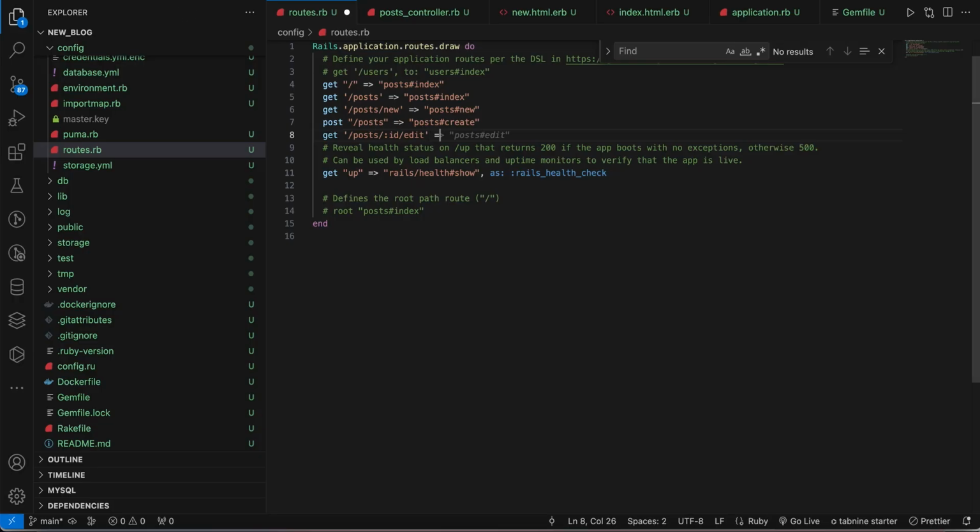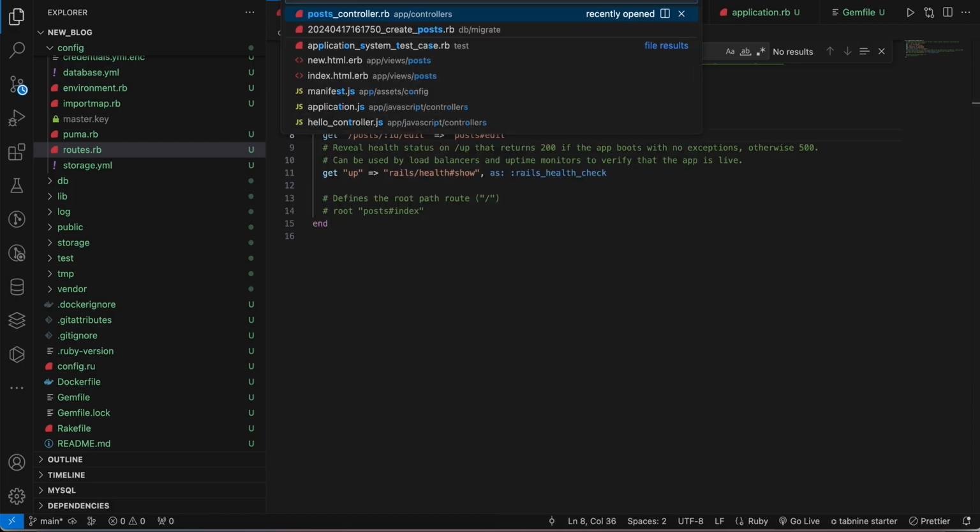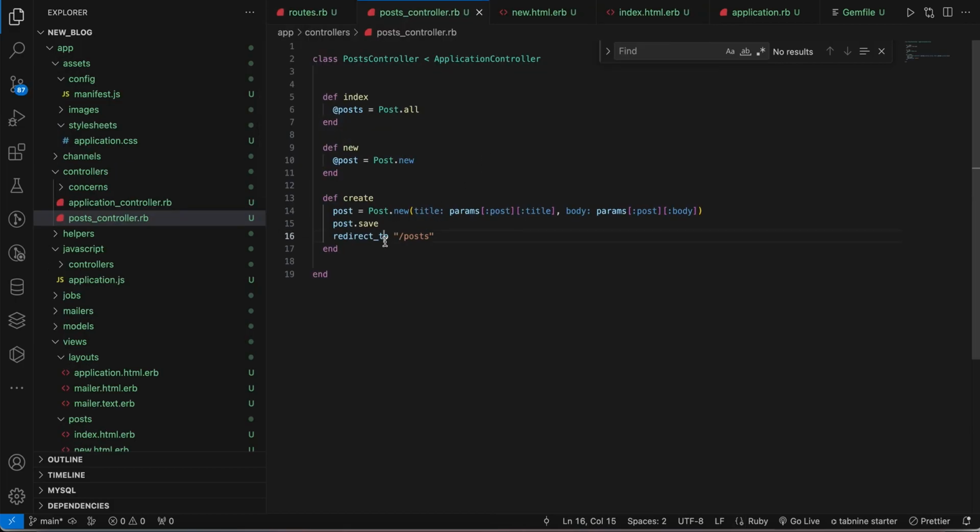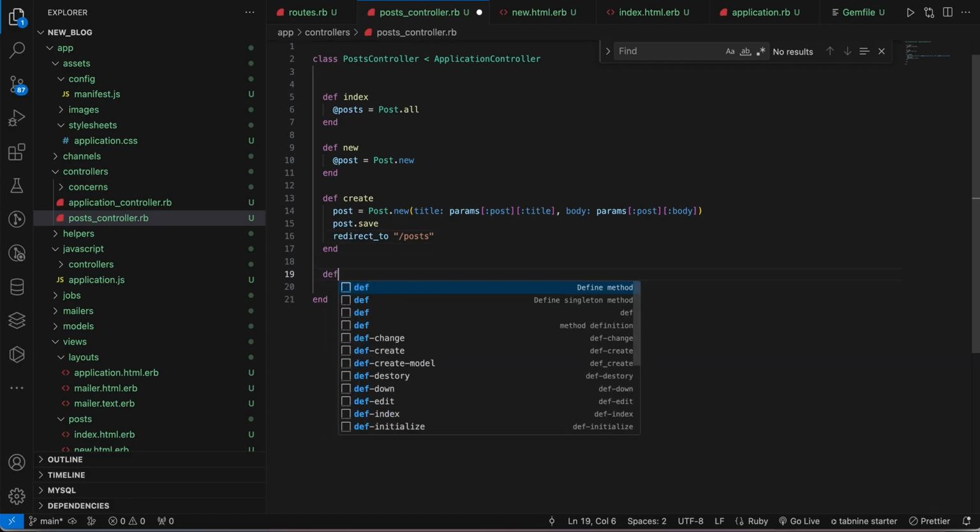and then what we have to do is map them to the post controller, and the method will be edit. So when the user hits this route, it will take the request to this controller and the edit method. So let's go to the post controller, and then here we can create a new method, def edit,